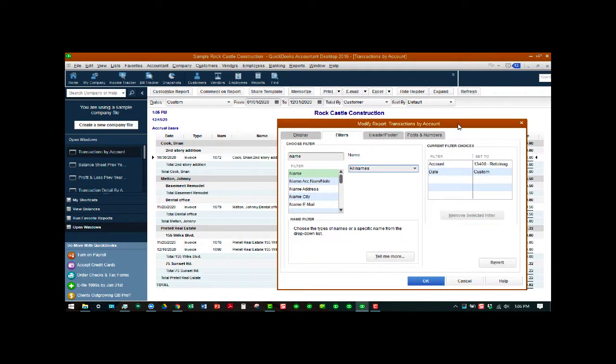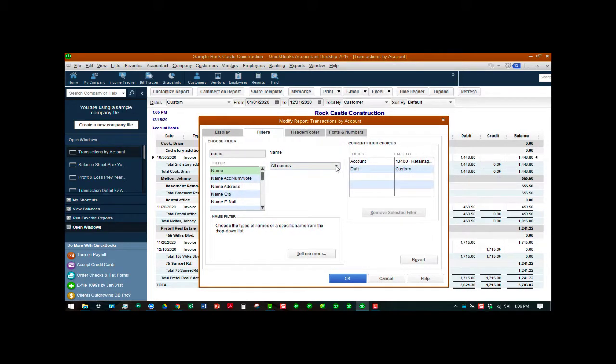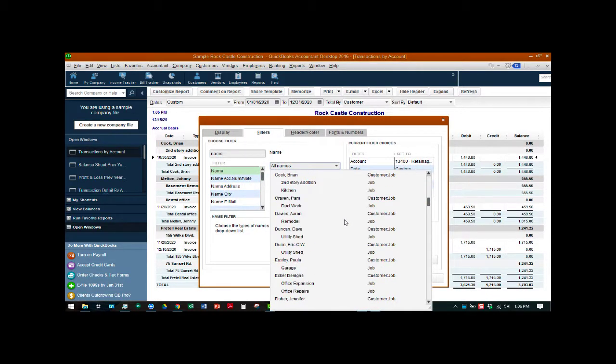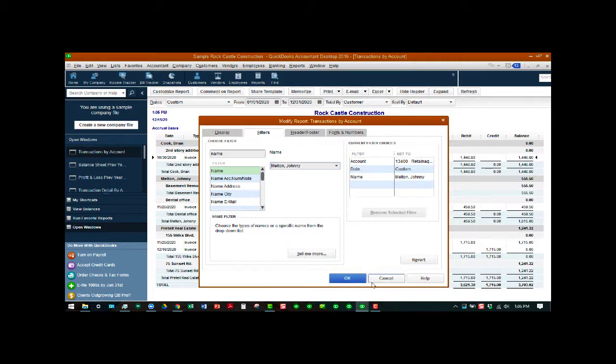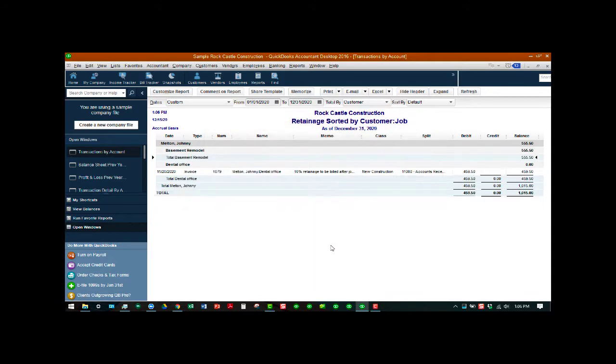That way, if you wanted to give Johnny Milton his own, click on the main one, so that way it includes all the jobs underneath his. So he's got a couple. So this is basically a good report, again, that you can,